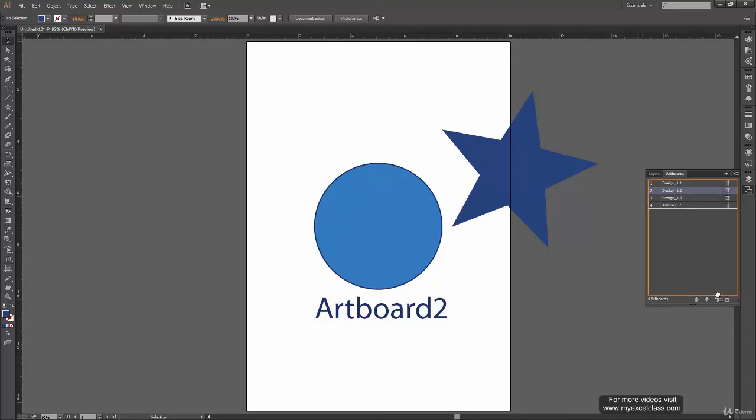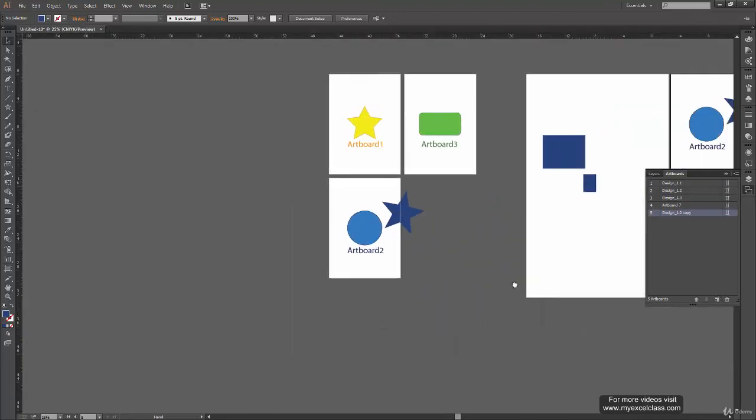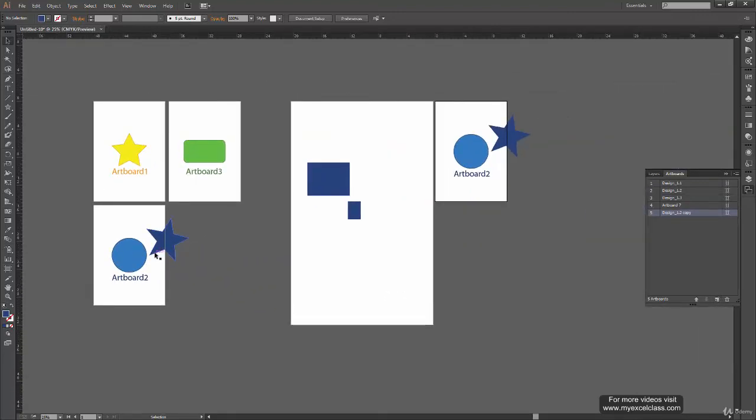So right now this is the artboard where this star is, and I'm going to duplicate it. I'm just clicking and dragging it over the new artboard icon, and there we go. So yeah, it copied the shape which was halfway on the artboard, or which was not completely on the artboard. So let us experiment with one more thing. What if I only have a tip of the star on the artboard and now I'm duplicating it?